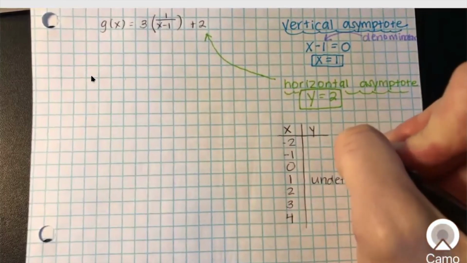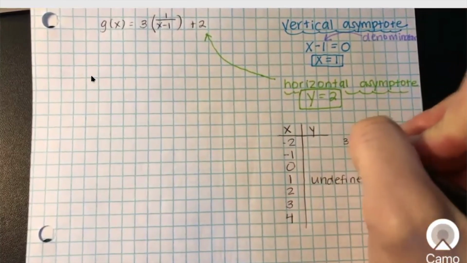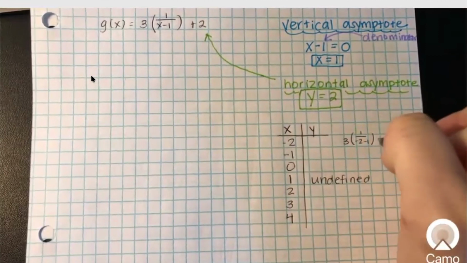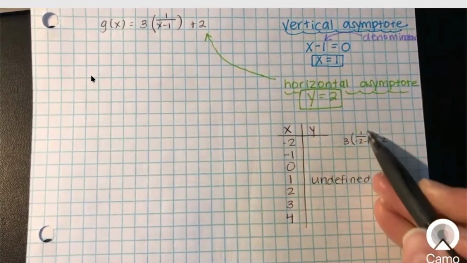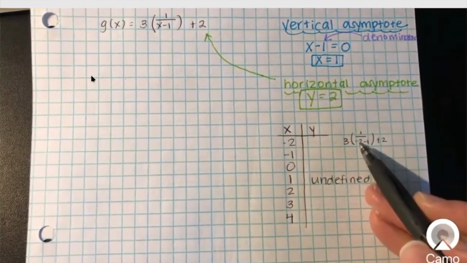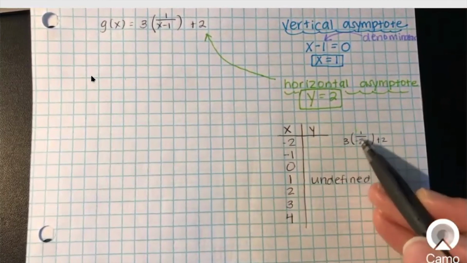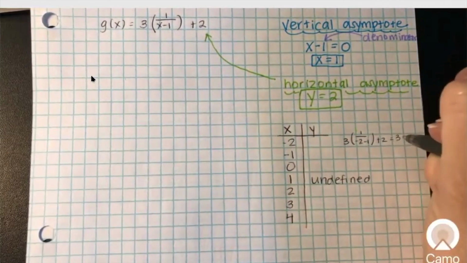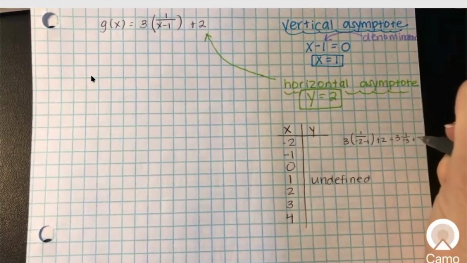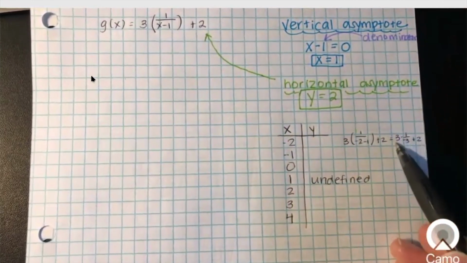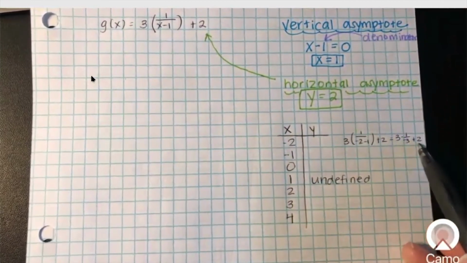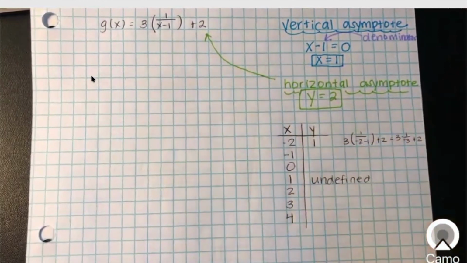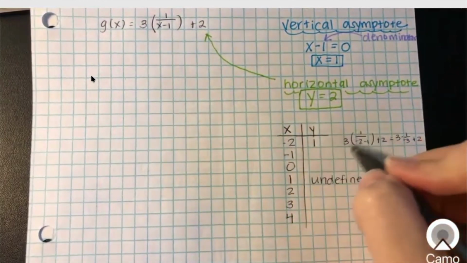So if we plug in -2, we're going to get 1 over -2 minus 1 plus 2. So this will be 1 over -3. So my 3's will cancel out. So I get 3 times 1 over -3 plus 2. So this will yield a -1 plus 2 is +1. Now if I plug in